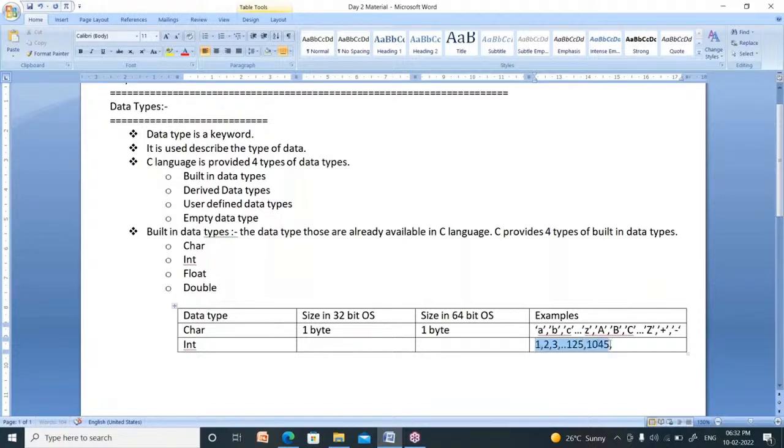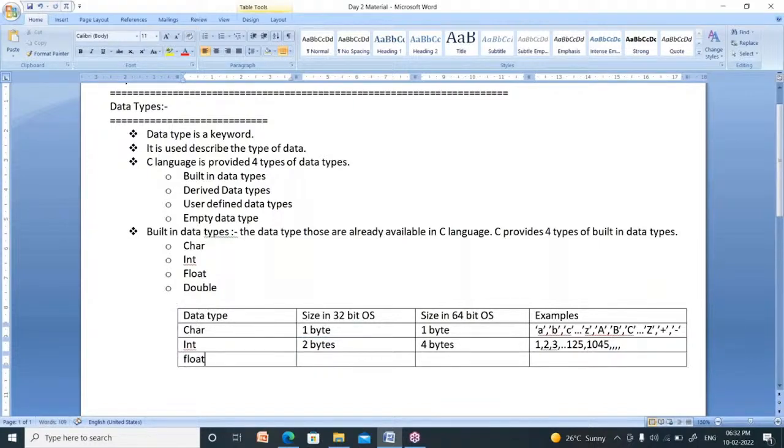Any round number is called an integer. The size of an integer in a 32-bit operating system is 2 bytes. In a 64-bit operating system it is 4 bytes. What is the size of an integer in a 64-bit operating system? 4 bytes. What is the size of an integer in a 32-bit operating system? Only 2 bytes. These are nothing but integers.